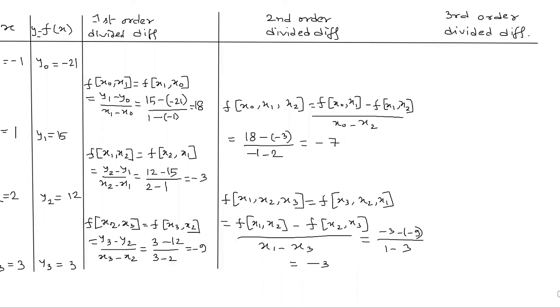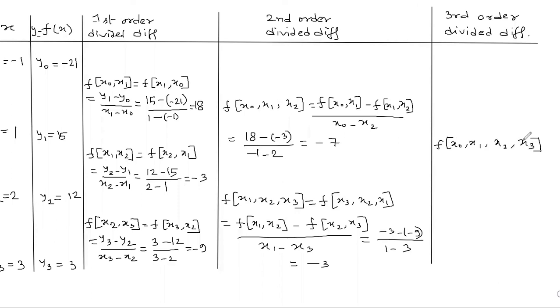And the last one, the third order divided difference, which is given by, here we'll put the third order divided difference. So in between we'll place the next order divided differences. The third order divided difference involves the previous order divided differences, that is f of x0, x1, x2 and f of x1, x2, x3. So these are the two previous order divided differences we are considering for the third order divided difference with x0, x1, x2 and x3.